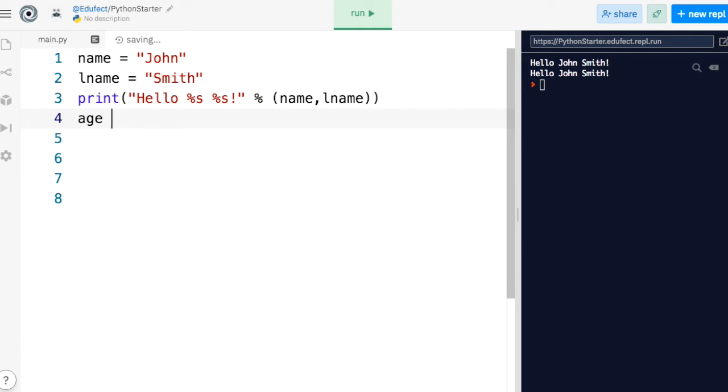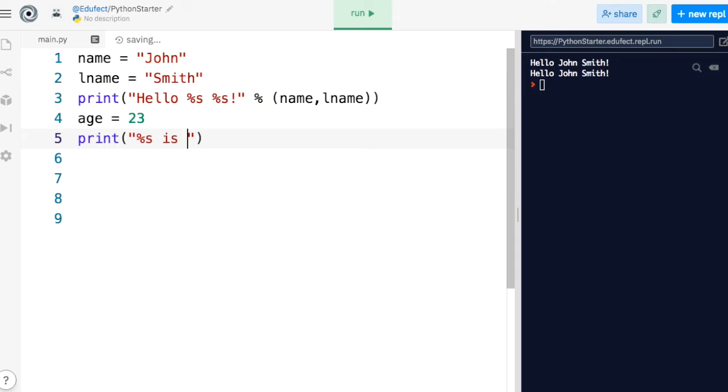Let's say age is equal to 23. John's age is 23. And what do I want to now print? I want to print John is 23 years old. So how will I do it? Instead of John, I will say %s is, and then I want to print his age.